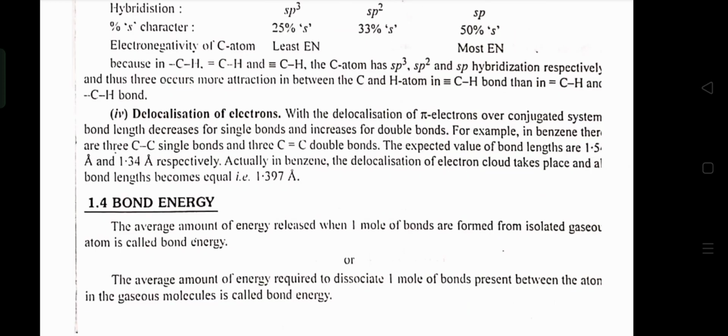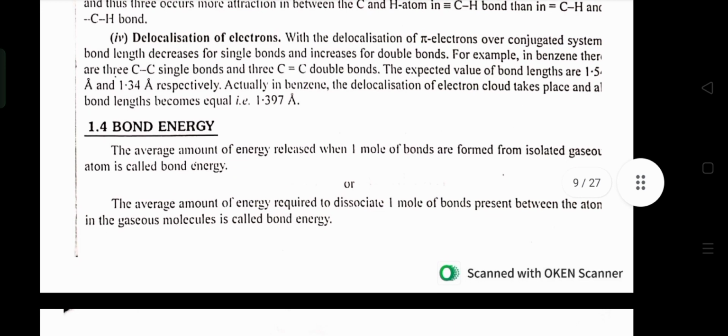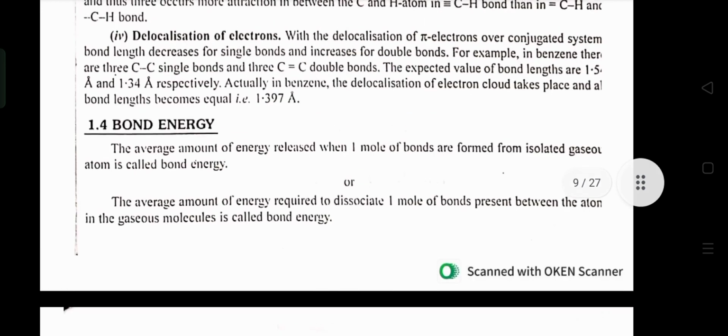Now the fourth one is delocalization of electrons. With the delocalization of pi electrons over a conjugated system, bond length decreases for single bonds and increases for double bonds. For example, in benzene there are three carbon single bond carbon and three carbon double bond carbon. The expected values of the bond length are 1.54 Angstrom and 1.34 Angstrom respectively. Actually, in benzene, delocalization of the electron cloud takes place and all bond lengths become equal, that is